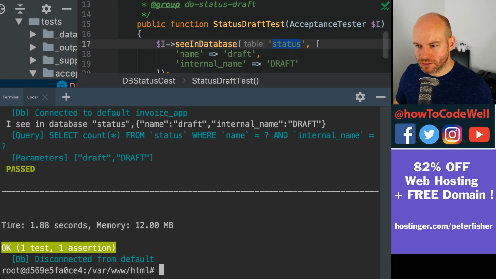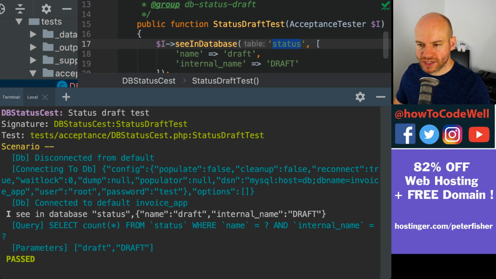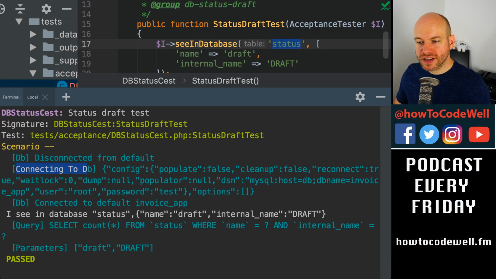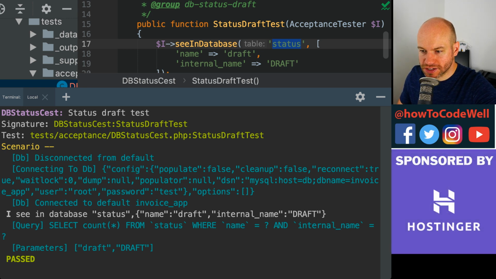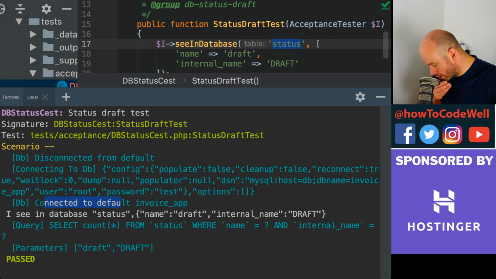Yeah, we can. Awesome. So this is exactly what it's doing here. It's connecting to the DB. That was the first initial test that I was trying to achieve. Okay, so this is how it connects. This is the config that it's passing to here, and then it's connected to the